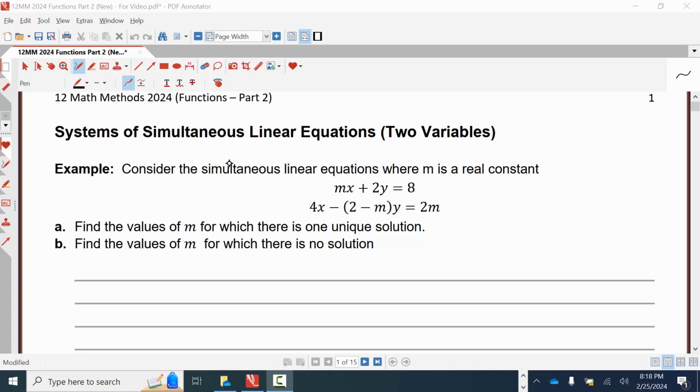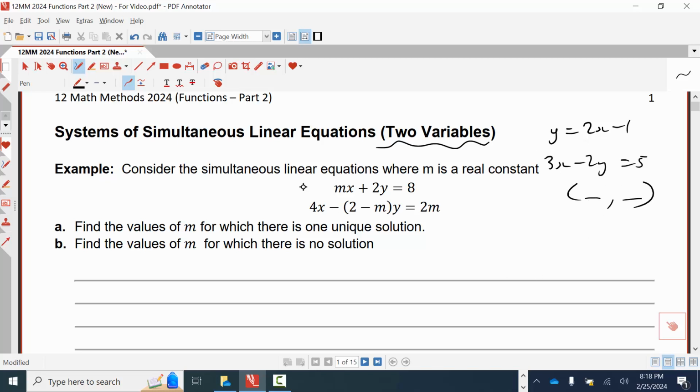This video will cover all the things you need to know about simultaneous equations for maths methods. So we'll start with these two variable problems, and you'll recall in year 11, year 10, probably even year 9, solving things like y equals 2x take 1 and 3x take away 2y equals 5. Method of substitution, method of elimination, solve, and what you do is you find the intersection point, or what usually